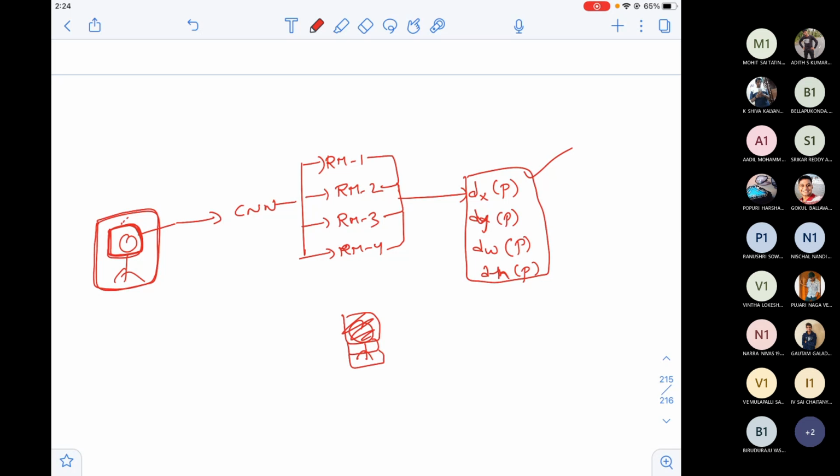DXP, DYP, DWP, and DHP correct this mistake that I've made by drawing a small box. So it somehow displaces the small box to get a big box, or a box very close to the ground truth box.